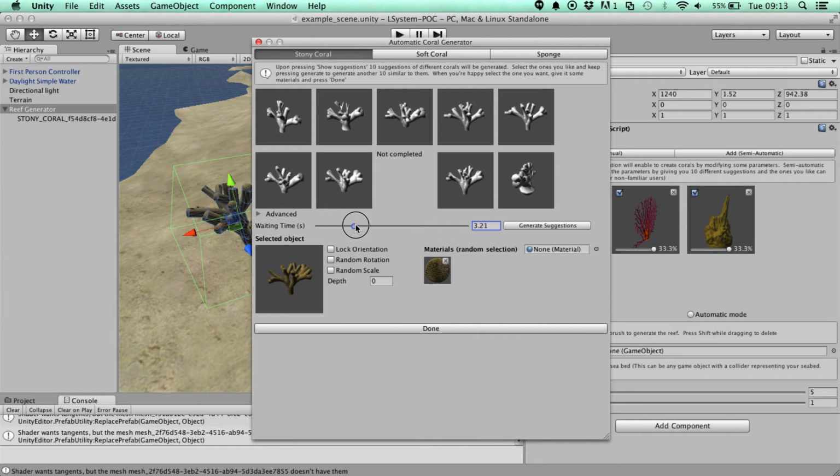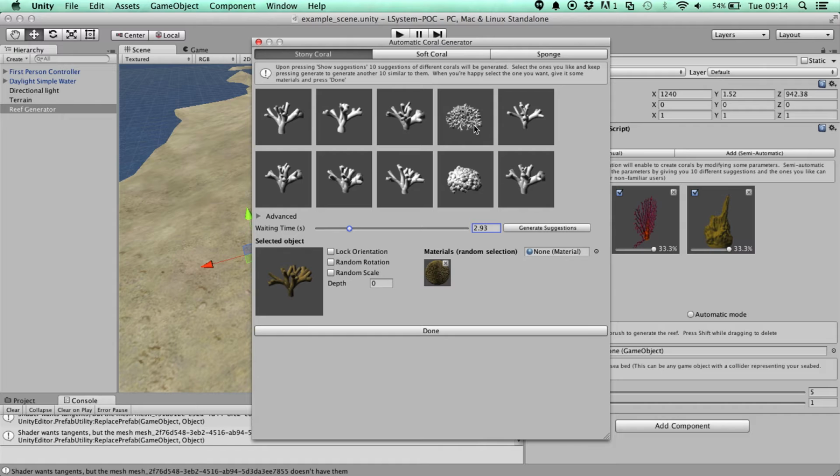How long I'm ready to wait for the corals to be generated. The more time I'm ready to wait, the more complex the corals are gonna be. Let's do it, for example, 3 seconds. You're gonna notice that more complicated structures are created. As you can see, this one